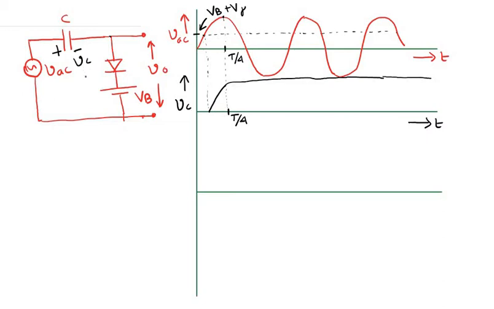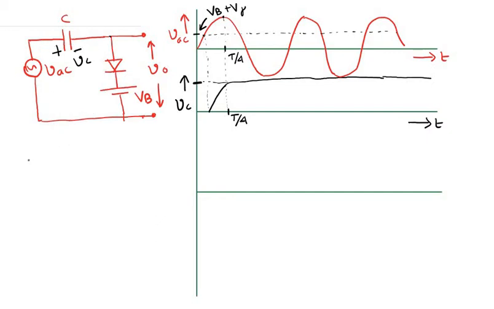Now what is the maximum value of Vc, or what is the voltage at the steady state of the capacitor? Basically this value. What is the maximum value of Vc? Note that the voltage that develops across Vc is maximum when the input voltage Vac is maximum. So we write Kirchhoff's voltage law for this loop when the input voltage is at its maximum value to find the maximum voltage that develops across the capacitor.